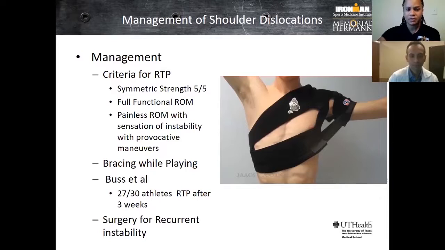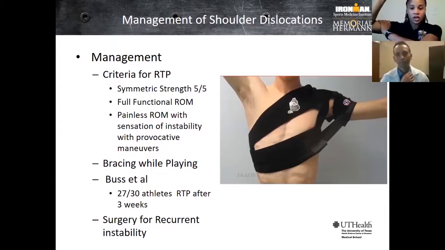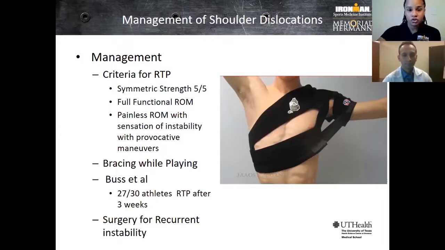The most common type is probably going to be your Sully brace. They do have a few that actually attach to the pad, so you'll have a connection here, and it kind of limits them from going too far into the motion. So we'll probably hook here, and you'll see it limit them from going too far up, too far to the side. Usually we'll try to manage this as much as we can, and depending on what our team physician says,